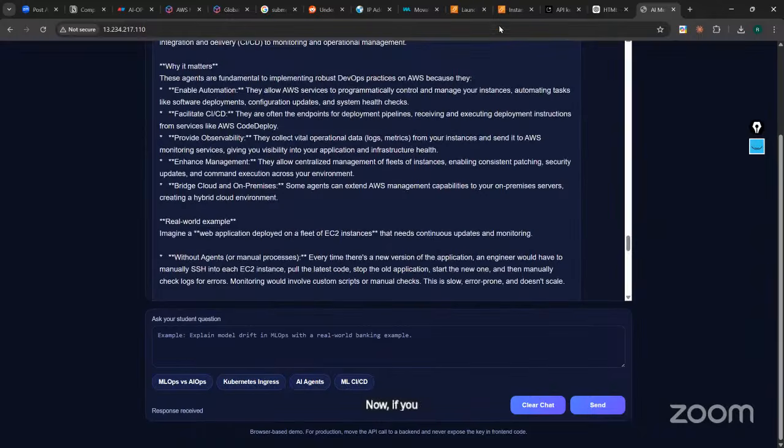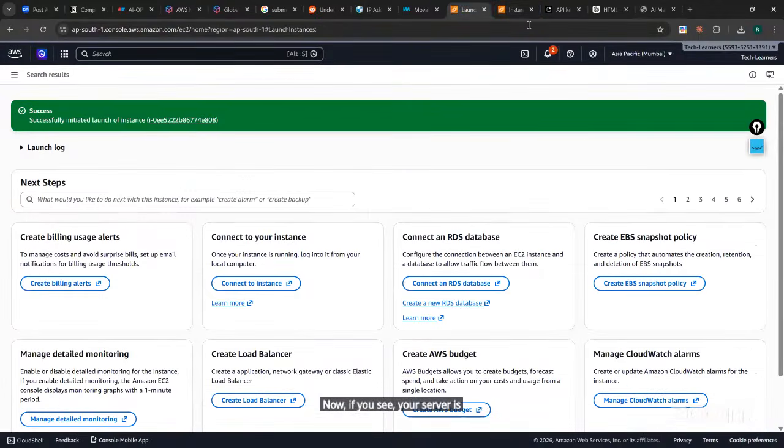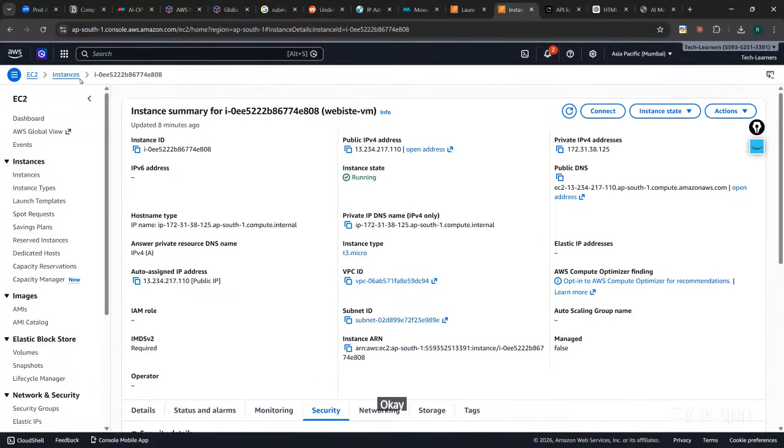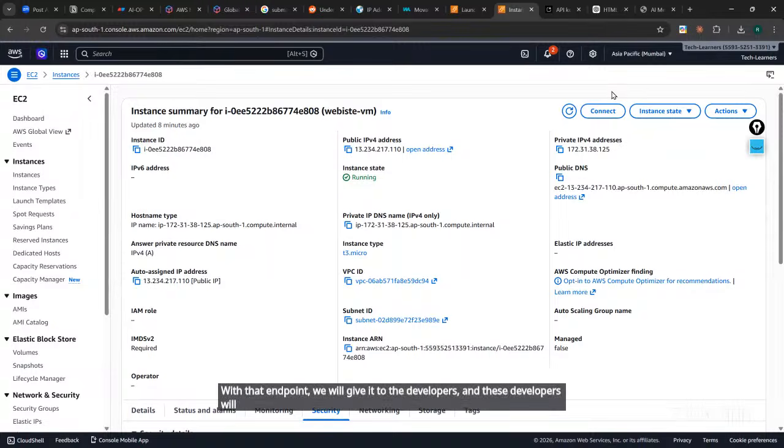Now, if you see your server is created like this and we deployed an application like this. Okay. Similar way, we deploy NLP, our own domain specific LLM in a server. Okay. That where we create a wrapper with Flask or FastAPI. With that endpoint, we will give it to the developers, and these developers will integrate with their backend service or